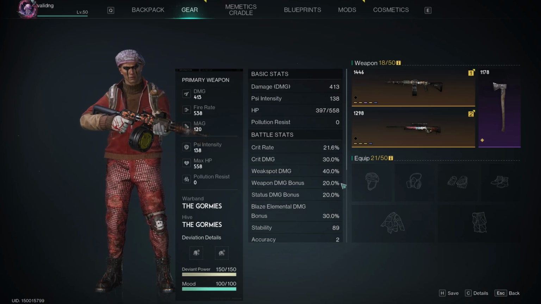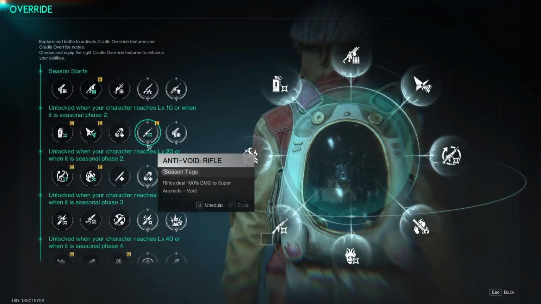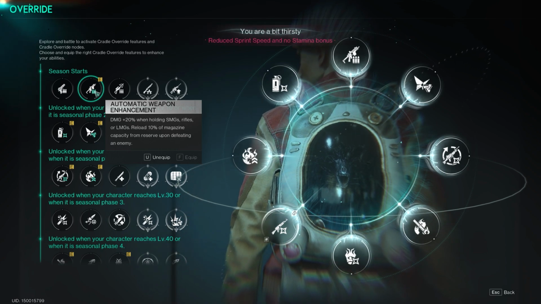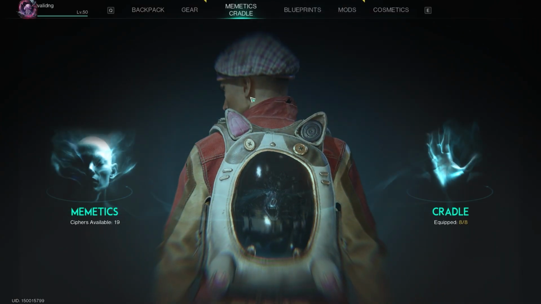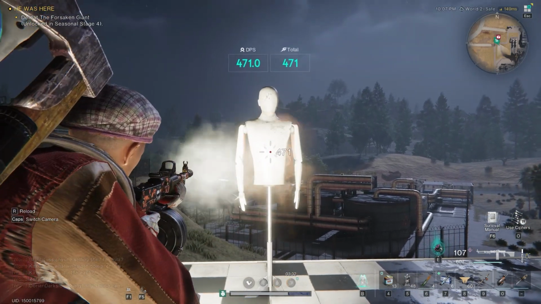As you can see here, I have 20% weapon damage bonus, and this is one Cradle bonus that we have here. Damage 20% when holding SMG, rifles or LMGs, which is the case for us. So this is where this damage bonus comes from. Now let's add this 20% to the formula. That means that the weapon damage for us will be 495.6. If we shoot the dummy in the torso, we'll see that we do